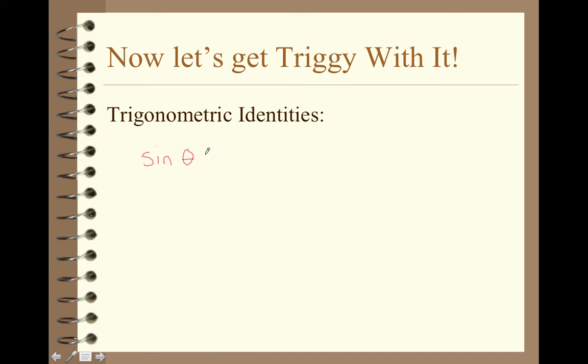We can actually just use an x, we could use an a or b, it doesn't matter what you do. Sometimes you might see me using beta, so I use a lot of Greek letters when I'm using my angles, but usually it's theta. Okay. Then you also have cosine theta, and then you have tangent theta, and then the kind of opposite, or not the inverse, but basically flipping it, so